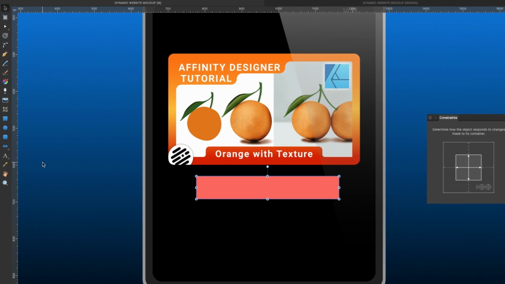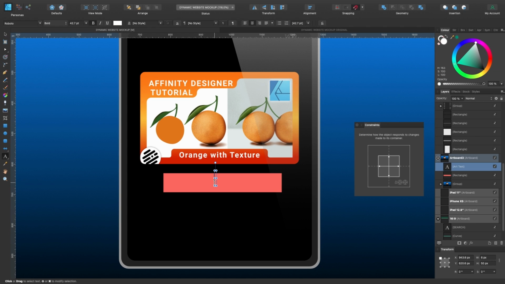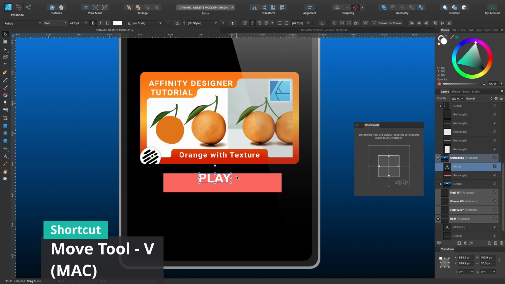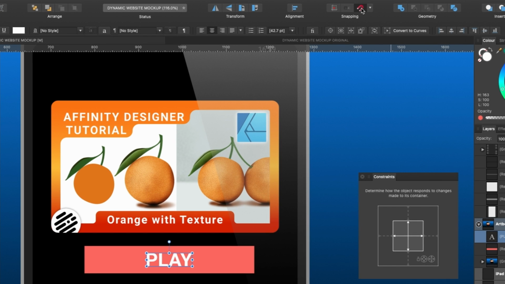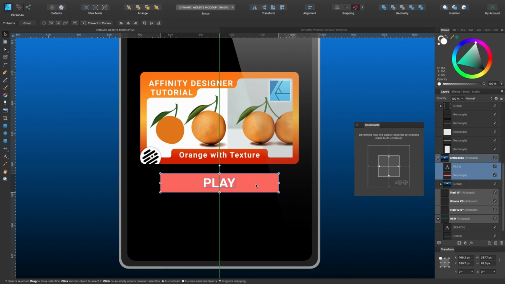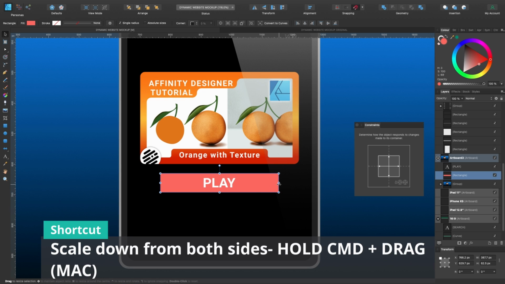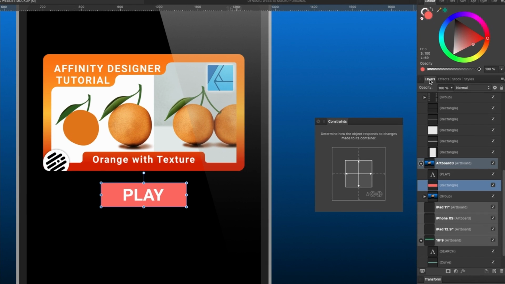And next thing, we're going to create the word play. So artistic text tool, click, and we'll type in play. Okay, now I'll grab the move tool and I'll just center it in that box. You see my snapping is turned on up there. So now I'll grab both of them and center them to the document. Let's make this box a little bit smaller. So I'll just press Command and drag from one side to make it go like that. Okay, so now what we're going to have to do is go to layers.